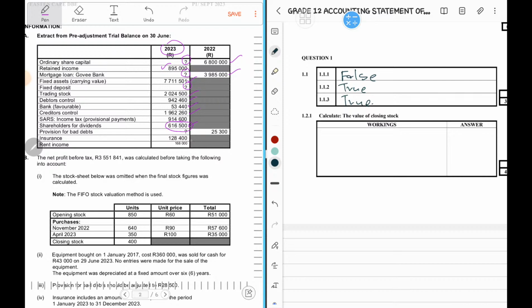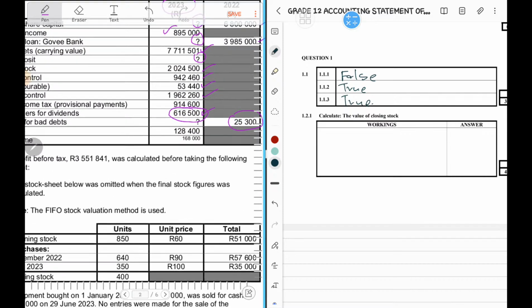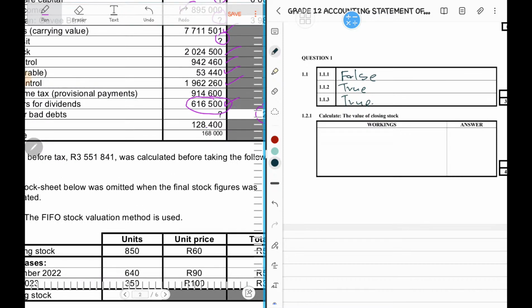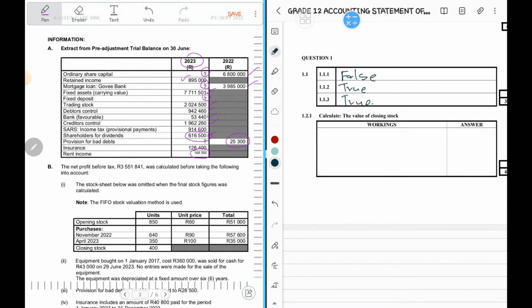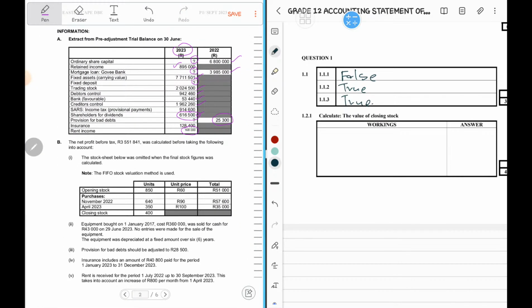Then we also have the insurance. Before that, we have the provision for bad debts. From the previous year it was 25,300. Then we also have the insurance, which is 128,400. And let's not forget the rent income of 168,000. Okay. Then we are being told that the net profit before the tax, this is the incorrect net profit,